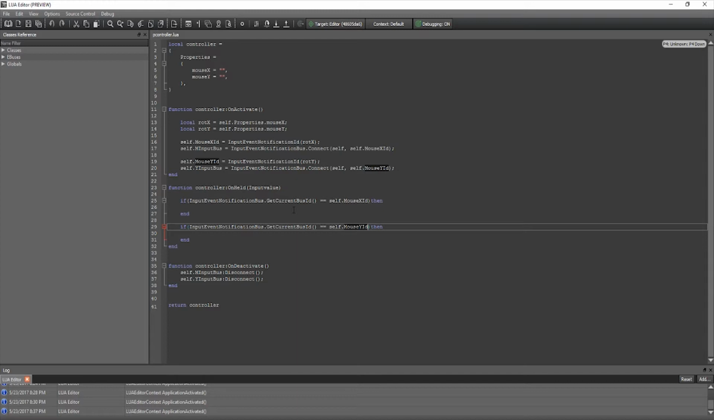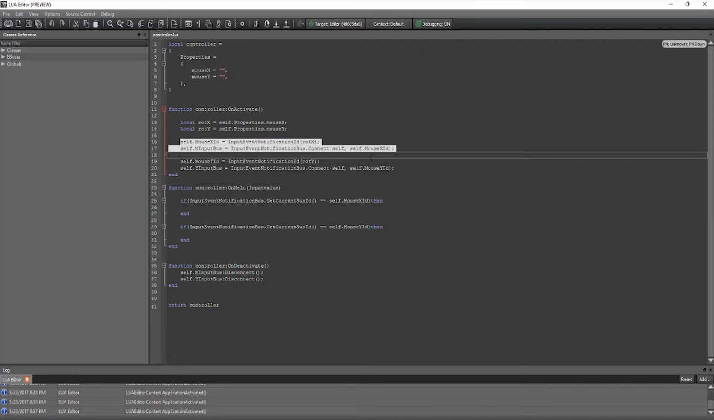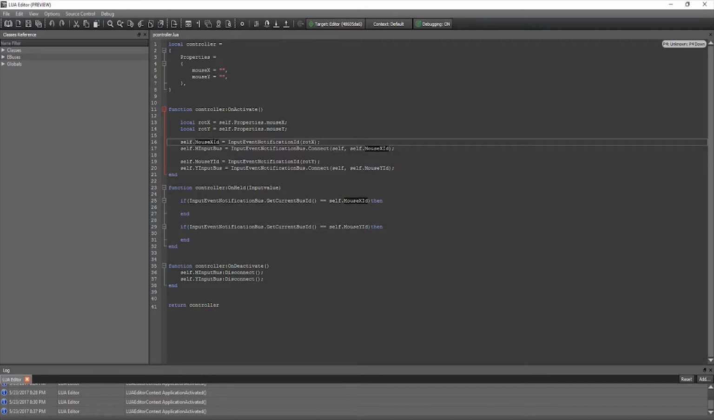All right, so we have two inputs set up here, one for mouse X ID and one for mouse Y ID. You should be familiar with this setup. It connects to the input notification ID. What I did here was create two properties called mouse X and mouse Y. They're strings, and instead of typing out self.properties, which gets taxing when your script gets really big,